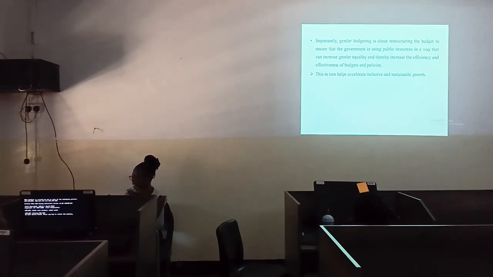So restructuring the budget to ensure that government is using public resources which promotes gender equality and thereby increases the efficiency and effectiveness of budgets and policies. Everyone should benefit. So it should incorporate the issues concerning men and women. So this in turn accelerates inclusive and sustainable growth, inclusive growth, because everyone